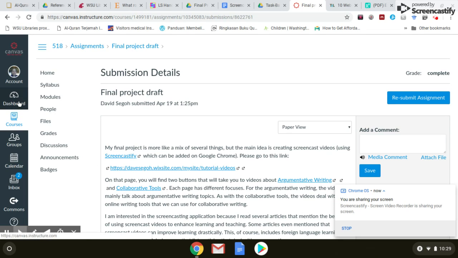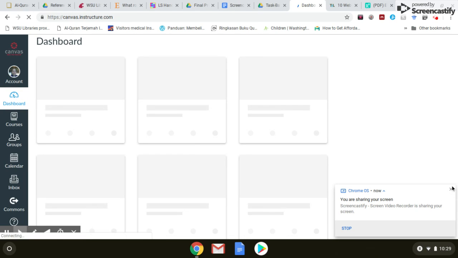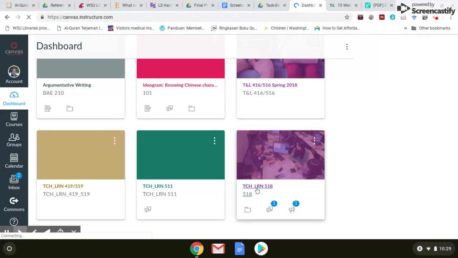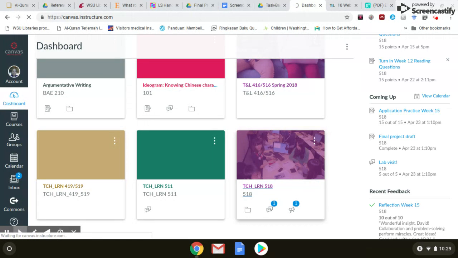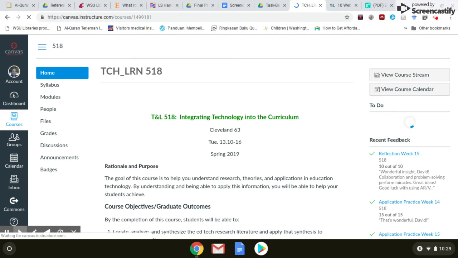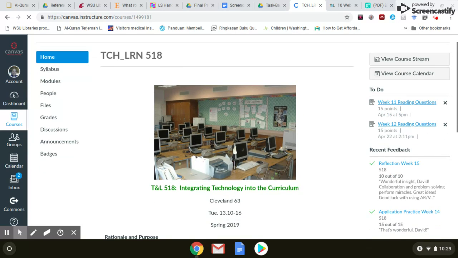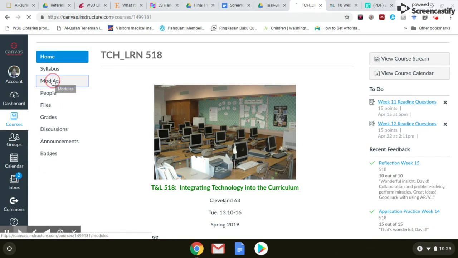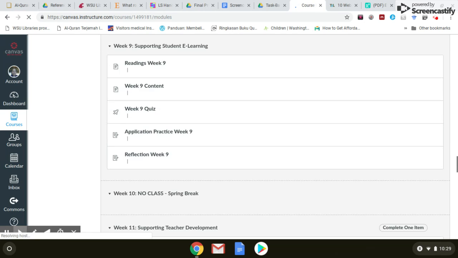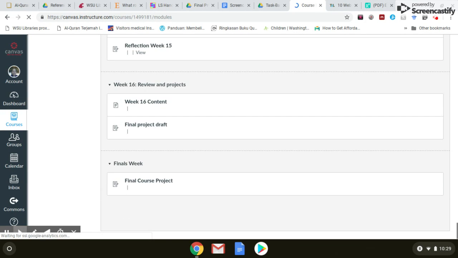Okay, now first of all, I'm going to take you to my Canvas dashboard, and this is an assignment, or the final project to be more precise, for the class 518, which is taught by Syed Shahroni, and it's about integrating technology into the curriculum. And as the final project, we are asked to do technology